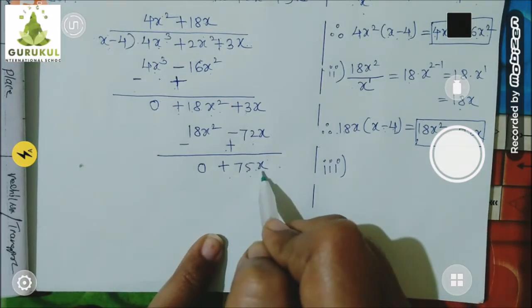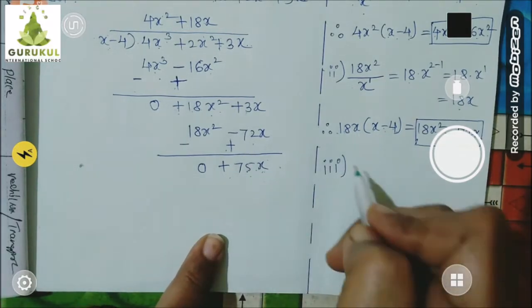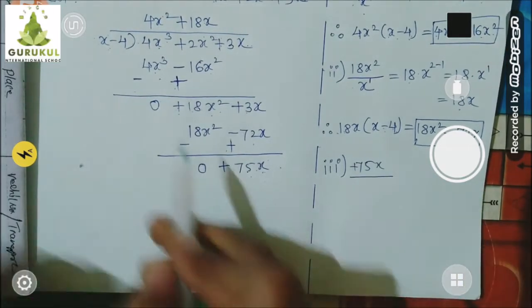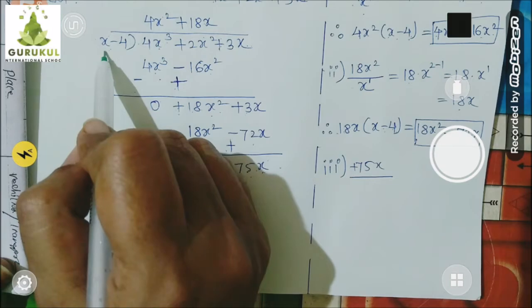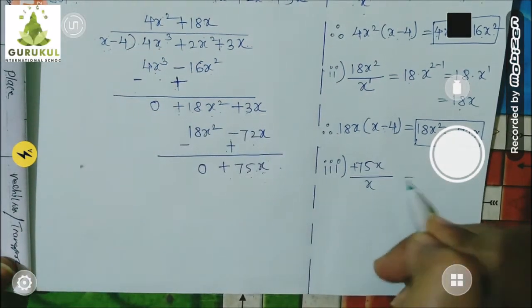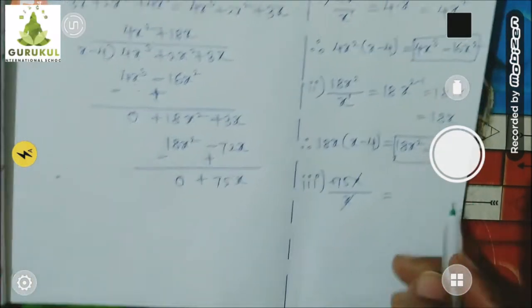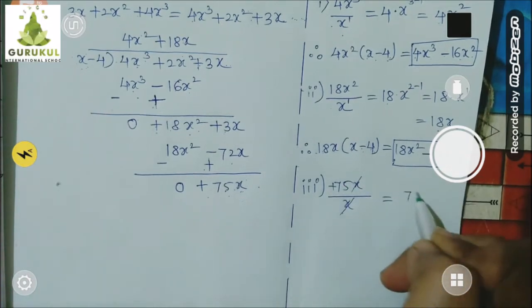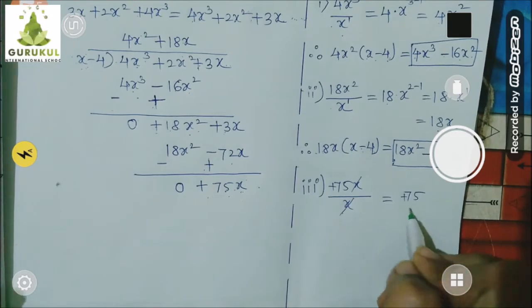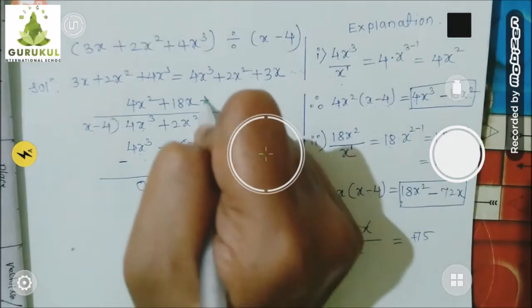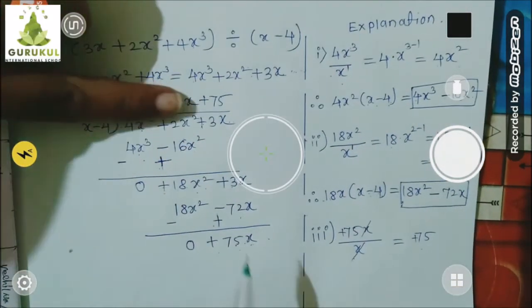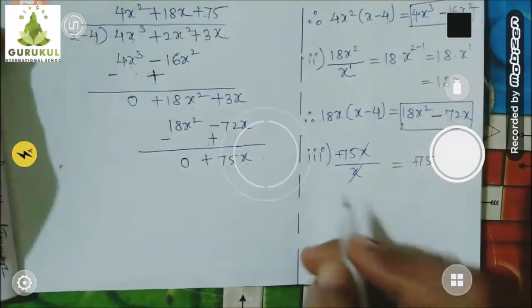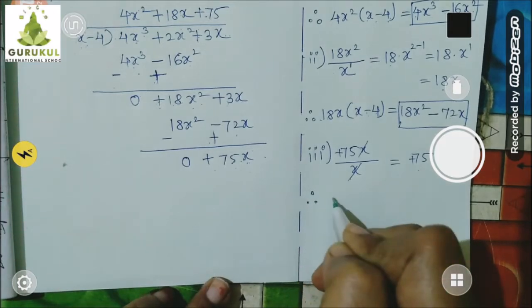So, this is a single term. So, only take this for division. 75x, 75x divided by, here which term contains the highest power? x. Now divide it. x cancels because both are x raised to 1, x raised to 1. So that is cancelled. Only 75 is left. Now this 75 I will write over here, and then plus 75 multiplied by x minus 4. I will write over here after putting the therefore sign.